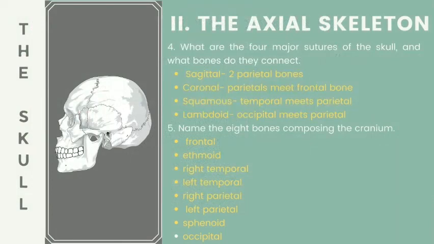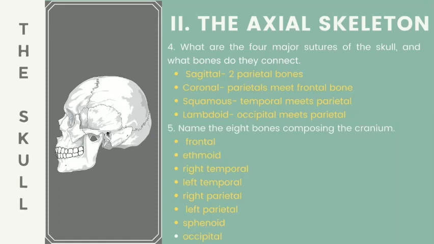I'm here to report number 2, the axial skeleton. Number 1, bony thorax and vertebrae, and it protects the brain. Number 2, sutures, joints, immovable joints that connect bones of the skull. Number 3, mandible. Number 4, sagittal, two parietal bones, coronal, parietal meets frontal bones, squamous, temporal meets parietal,